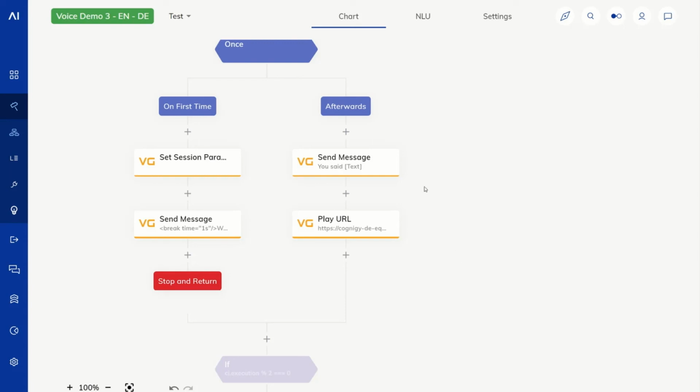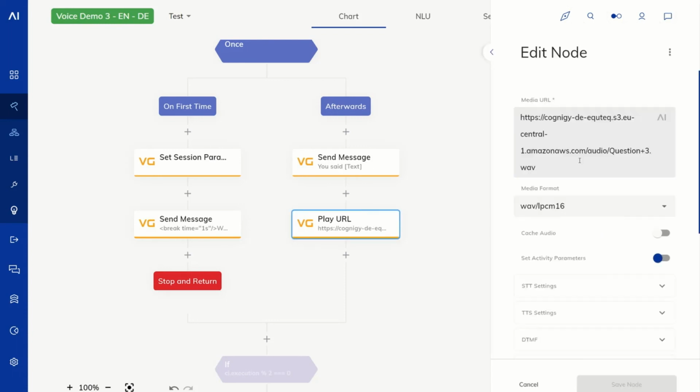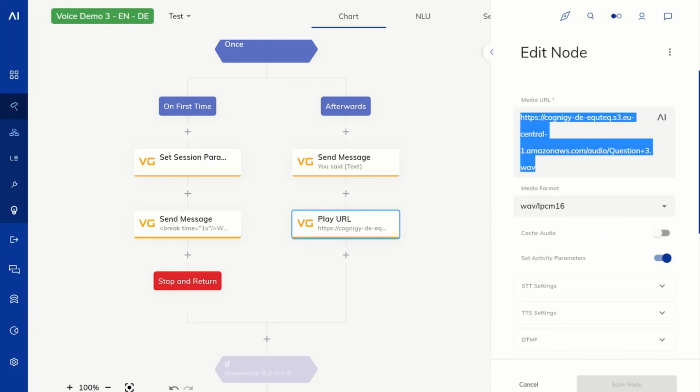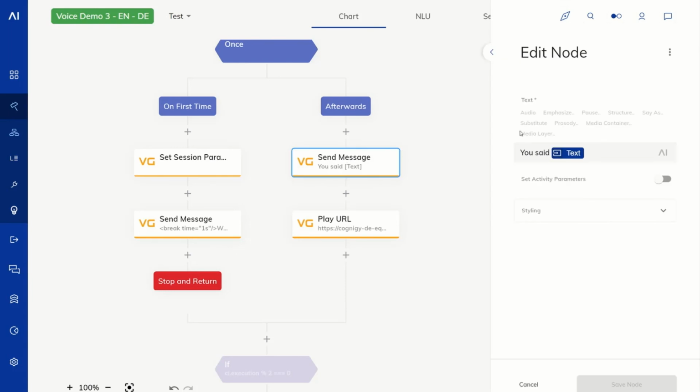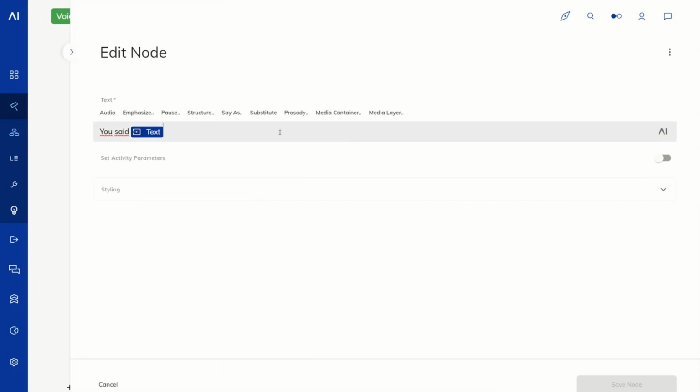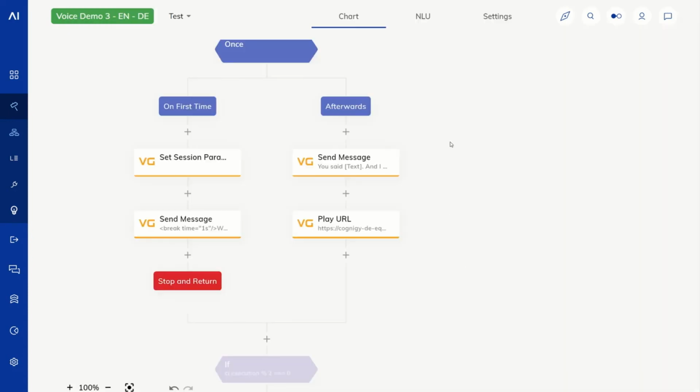You said yeah. So there I barged in, and it stopped the playback. By the way, you can do the same thing that you can do here also in the SSML. So you can say, and I will play audio now, and then you have audio here and you can put this into the source. This will do the same thing, not technically, but to the user it will do the same thing.